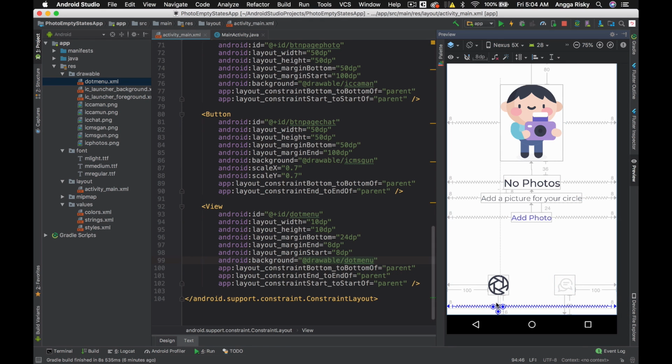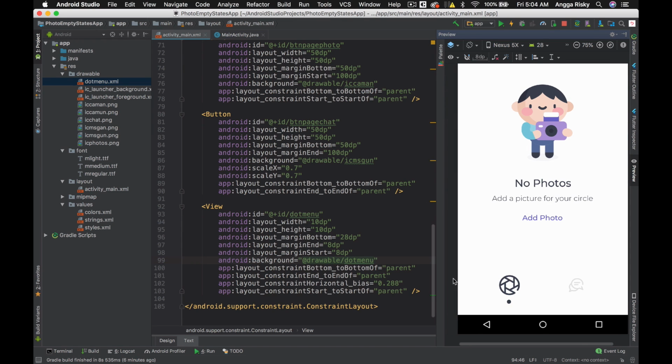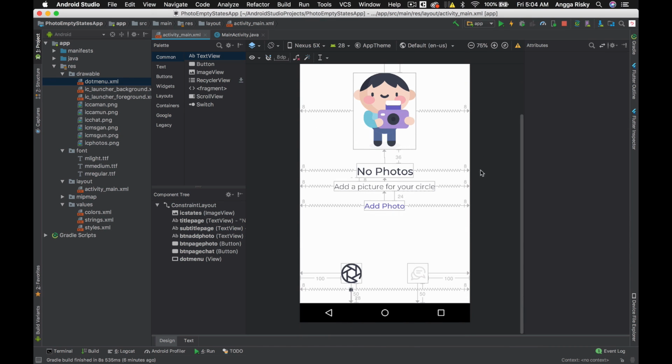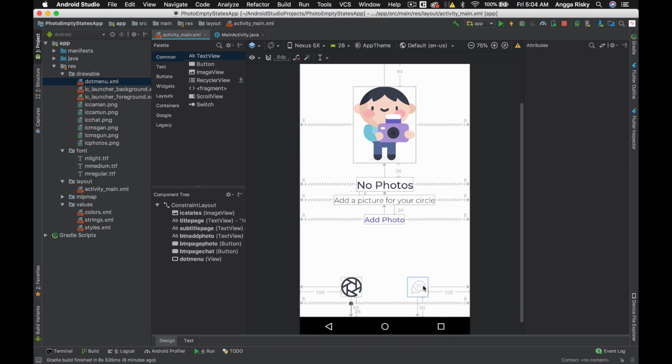After all, we have to move here, like this. So it is in the middle. You'll see that there is that dot. We're going to animate this dot later on.